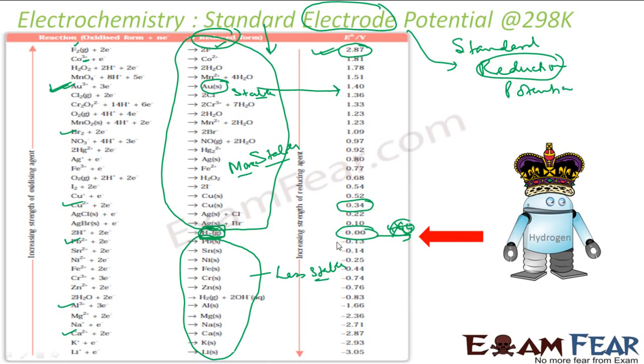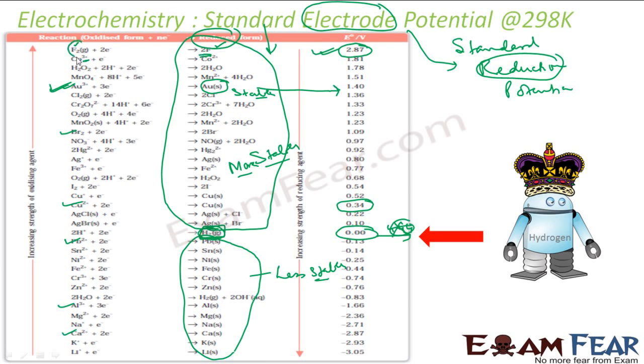So if the electrode potential is positive, that means the reaction is more favorable. And since electrode potential is nothing but the reduction potential, that means the reduced form, that is the product, is more stable than hydrogen gas. If this is negative, that means the reduced form, that is my product, is less stable than hydrogen gas, right? And standard electrode potential is highest for fluorine. That means this is very, very stable,